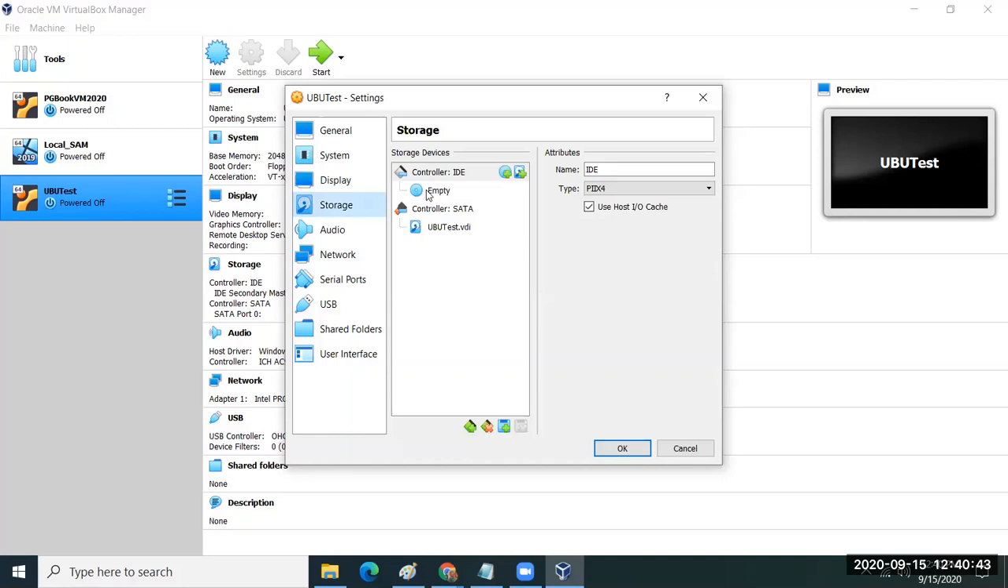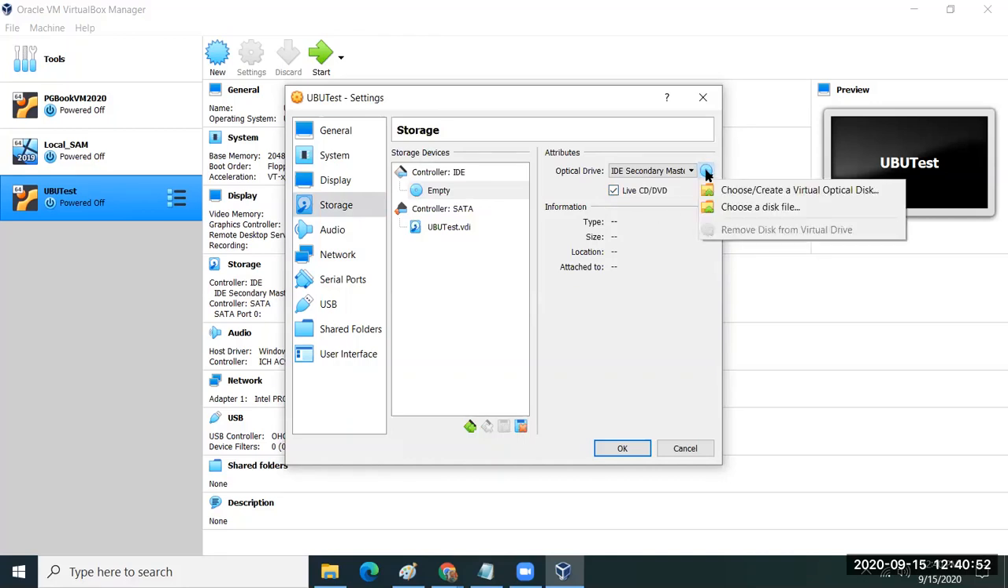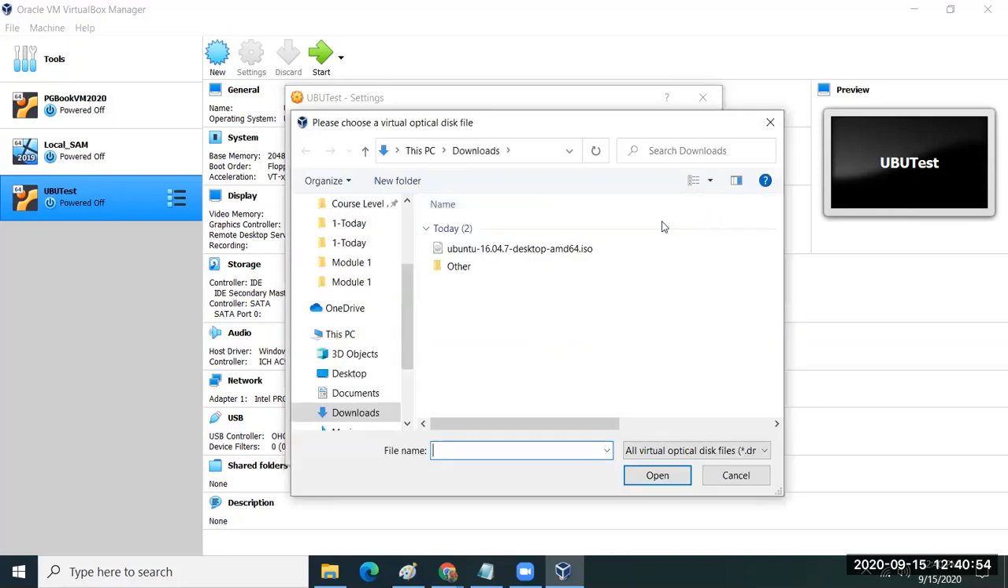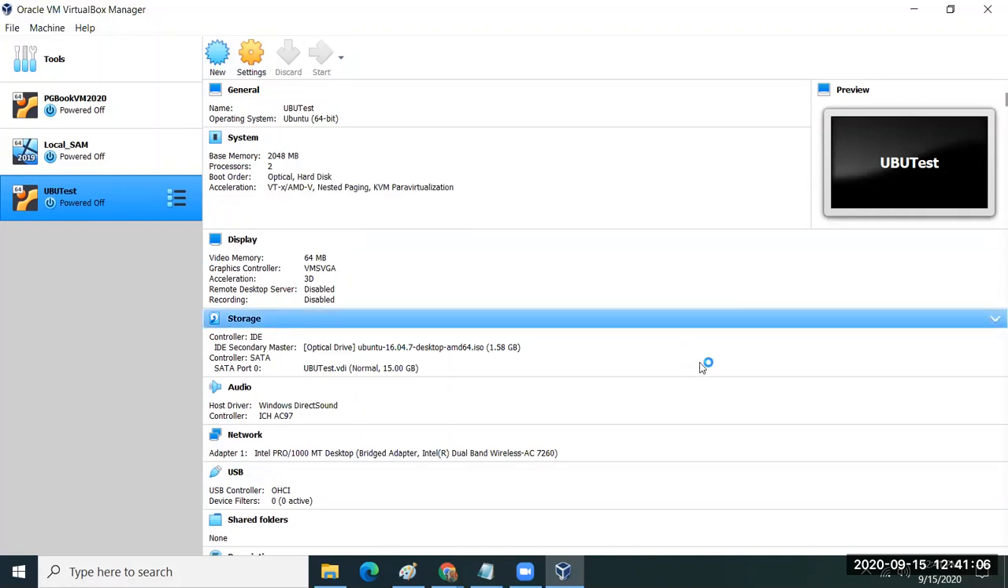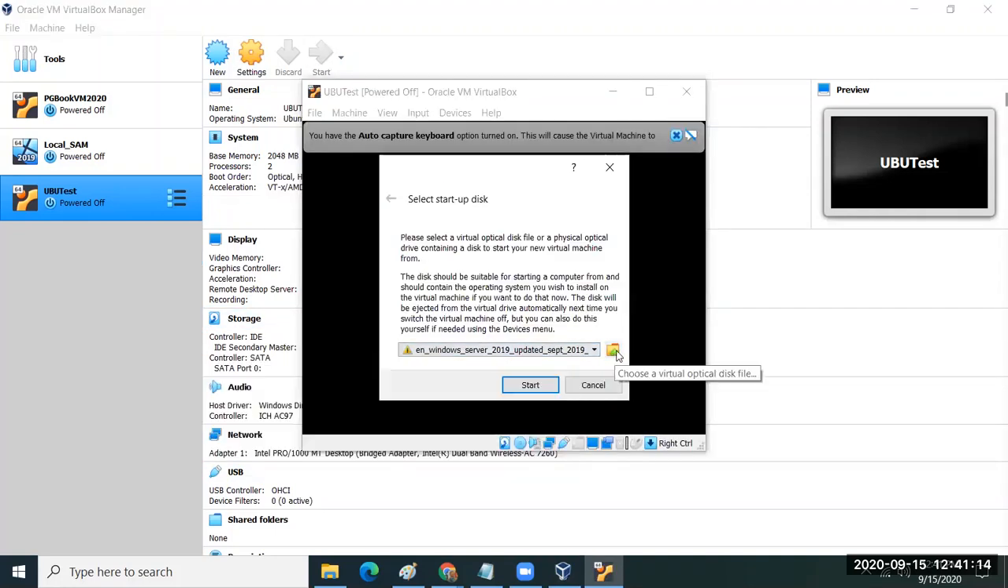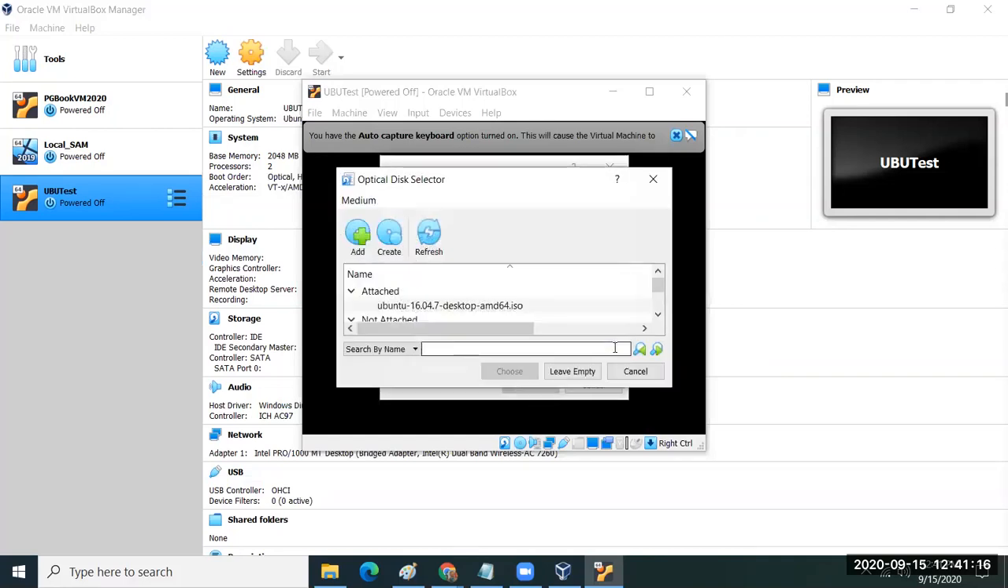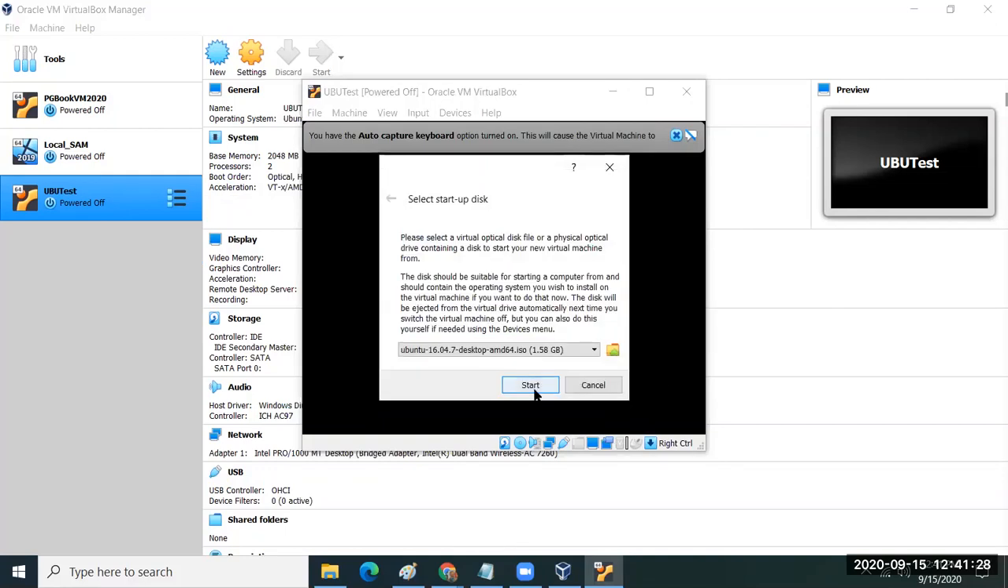And in our storage, we're going to select the empty disk tray, check the box for live CD or DVD, and we'll choose a disk file and choose our installation media. Here you see version 16. We're going to click OK and then start our virtual machine. It's going to ask us which kind of installation media we want, and we're going to point to the one we want to use, and we'll start